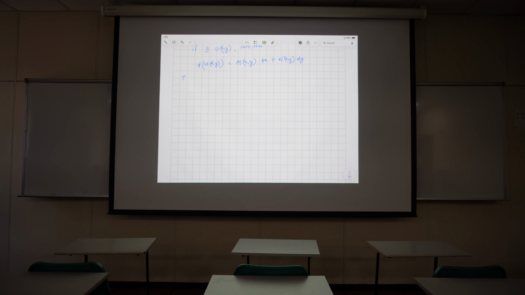We can clearly say then the differential equation M(x, y) dx plus N(x, y) dy is equal to 0, this one is called an exact ODE